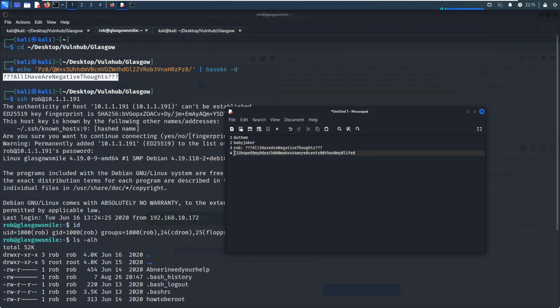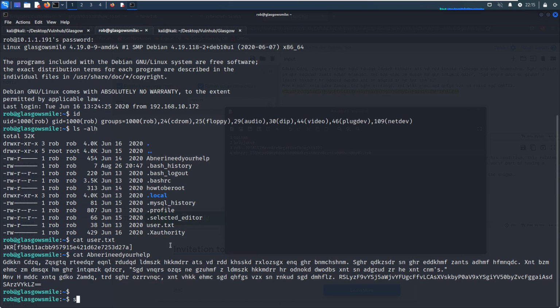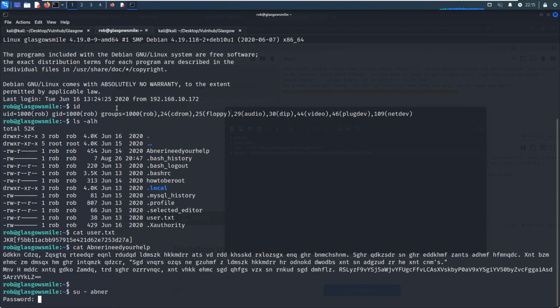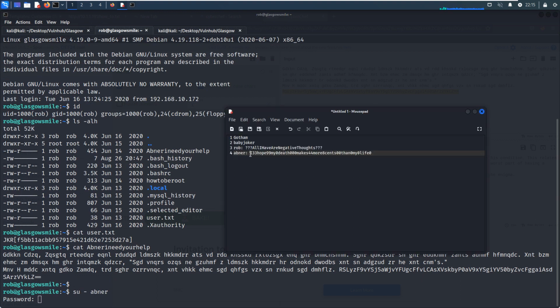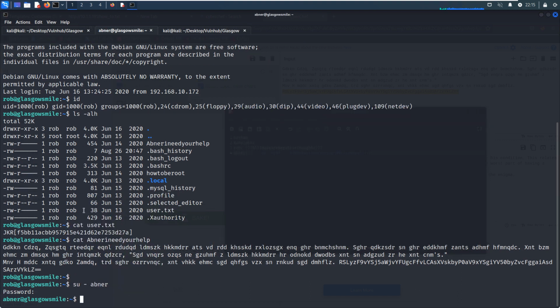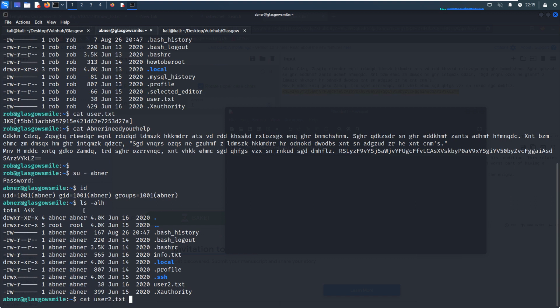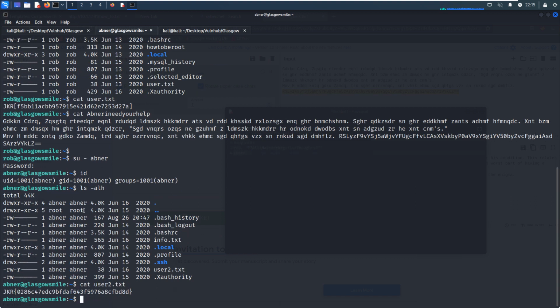Right? And I think this one is for up and right. And now we can switch to Abna, and the password should be this one. Okay, we switch or make lateral movement to another user, and we can get the second flag, and we can get